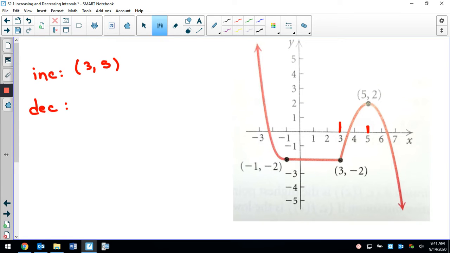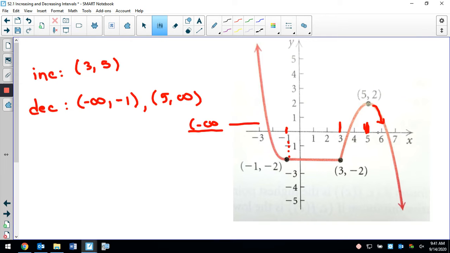Decreasing. Where's the graph going down? Okay, this part's going down. So this is going to be, on the x-axis, from negative infinity all the way to that value right there where it stops going down. So we're going to say it's negative infinity to negative 1. And then there's another interval that's going down, starting at 5 to positive infinity. So from when x is 5 all the way to when x is positive infinity,